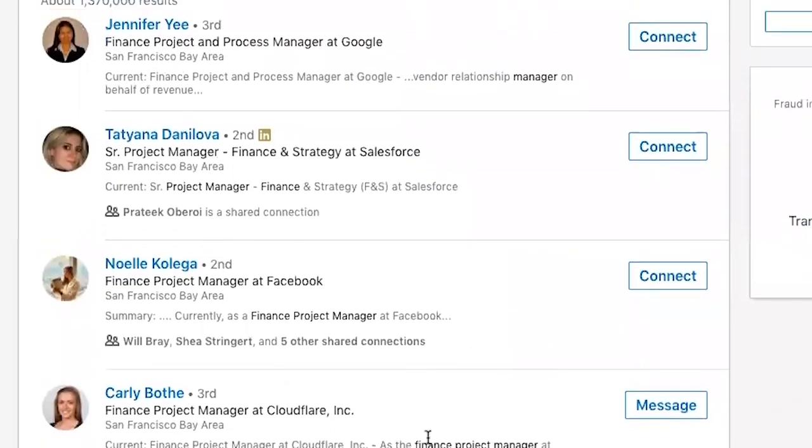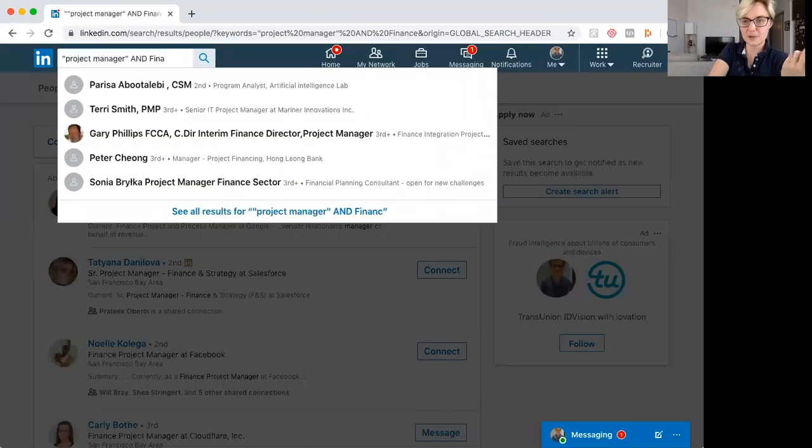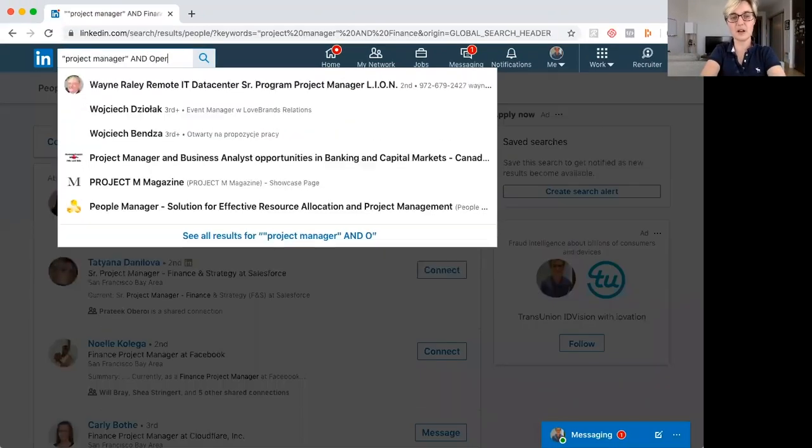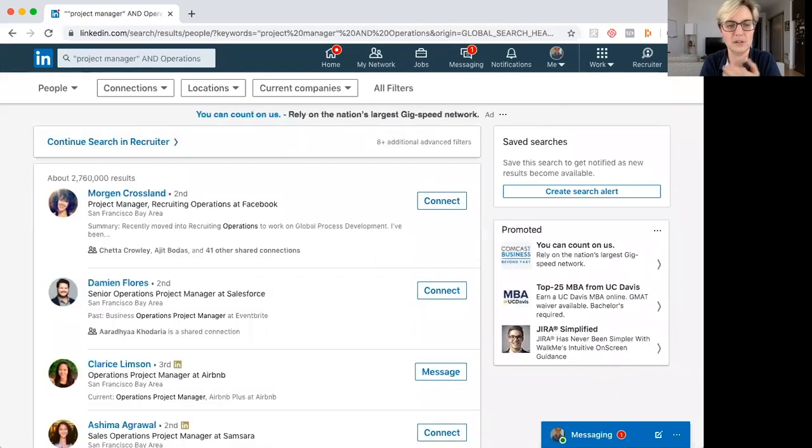But maybe you don't want to be a finance project manager. Maybe you want to be doing something like operations. Here we go. We have nearly double the amount of operations PMs than we do finance PMs. And so you're getting a sense of what the different pools of talent look like.